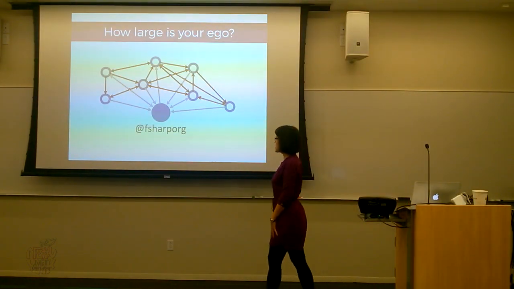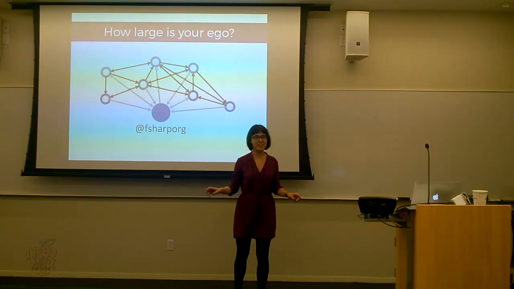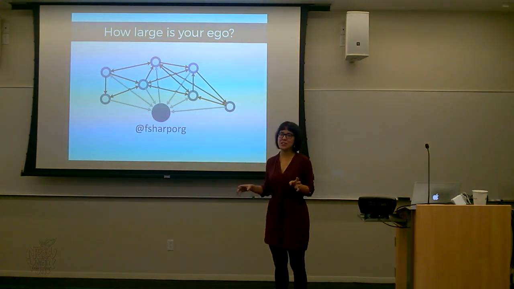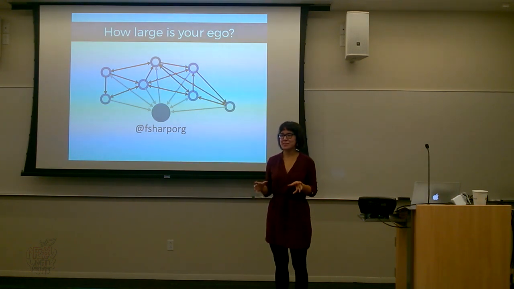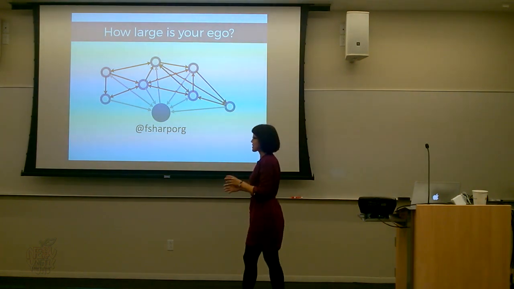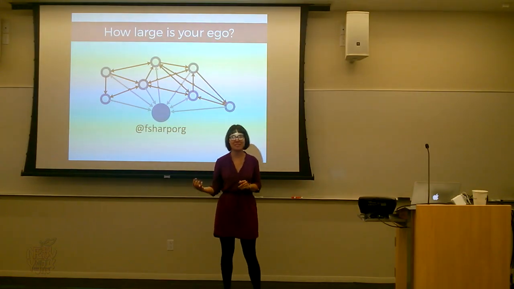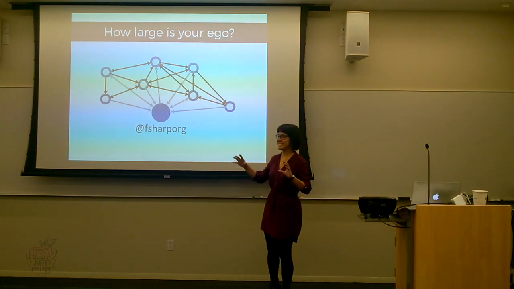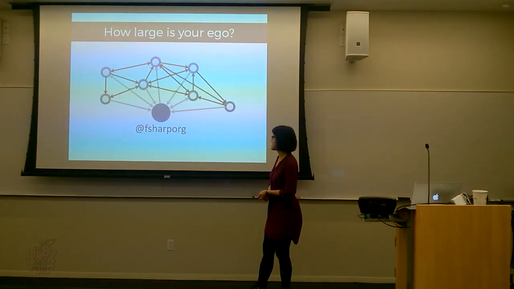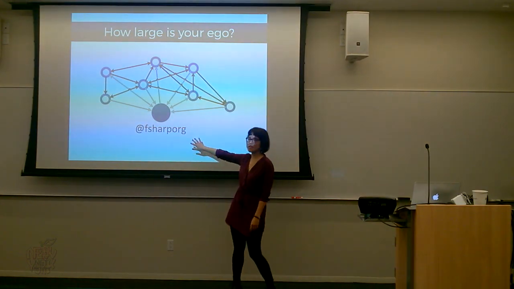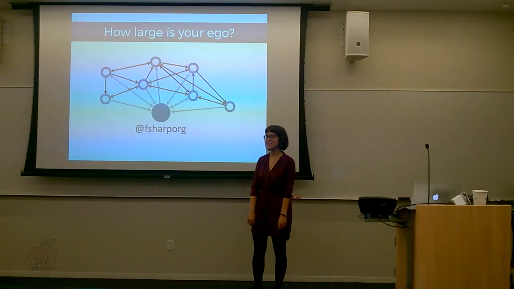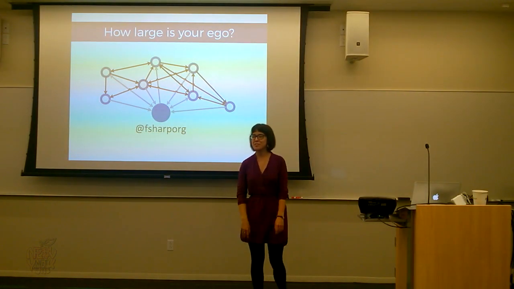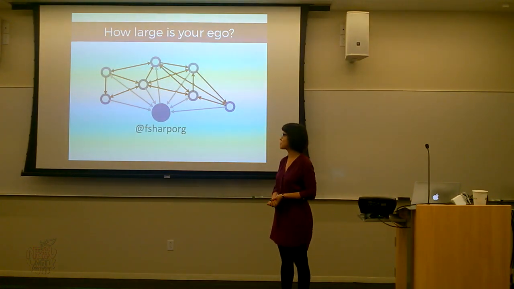Okay, and I'll be looking at something called the ego network. And I decided to analyze the F-sharp community on Twitter, because I didn't want to analyze a network around any specific user, because that's a bit creepy. So I chose the organizational Twitter account, which is the F-sharp org. That's an account of the F-sharp Software Foundation. So if you don't follow F-sharp Software Foundation, you should, because that's the foundation behind the open source F-sharp.